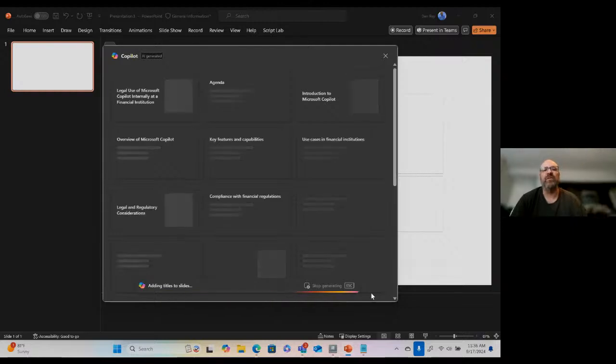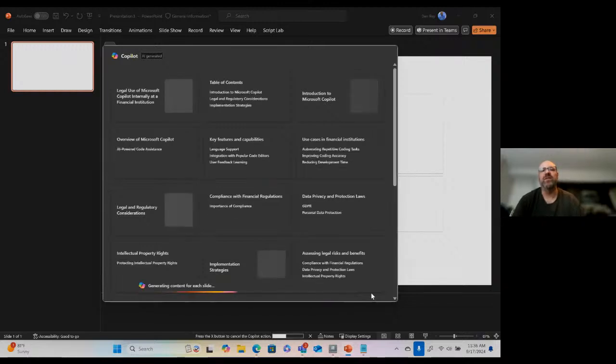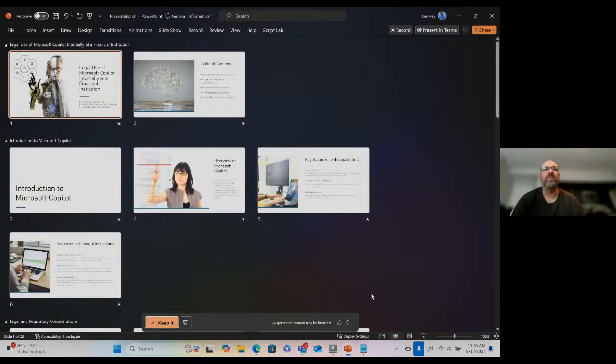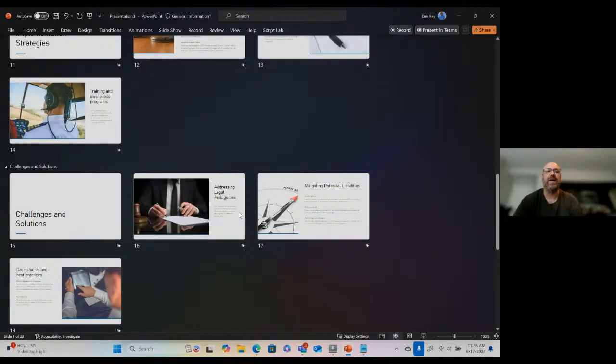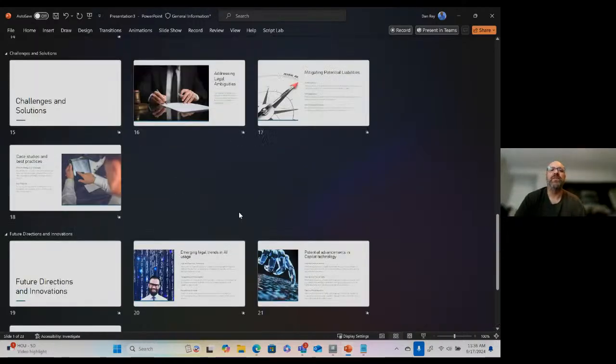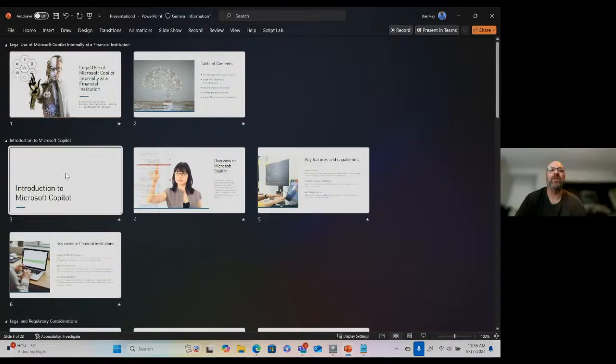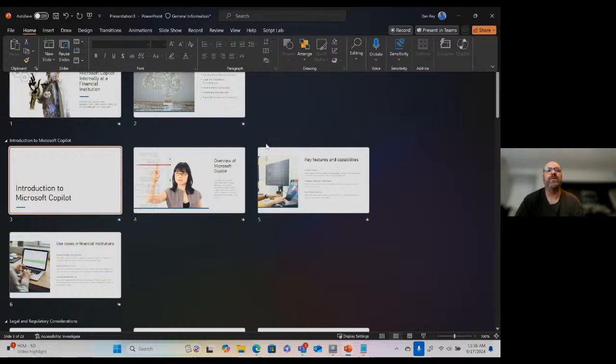And then we can see that preview of these different sections and slides before committing. This looks pretty good, maybe as a starting point. Maybe I still need a couple other things within my PowerPoint, but I've got this beautiful presentation now with section headers, a conclusion, many of the slides with graphics, and then I can always go in and use some of the Copilot features that are available.